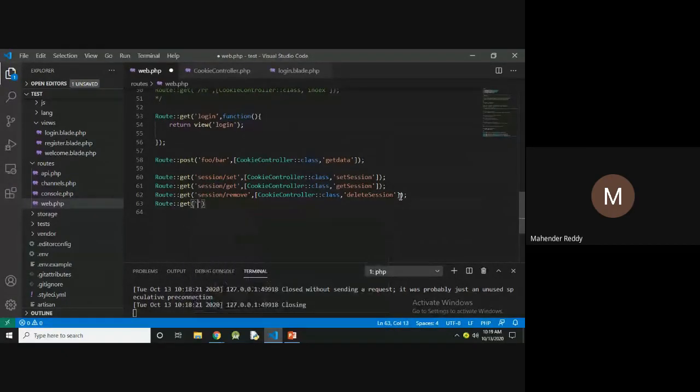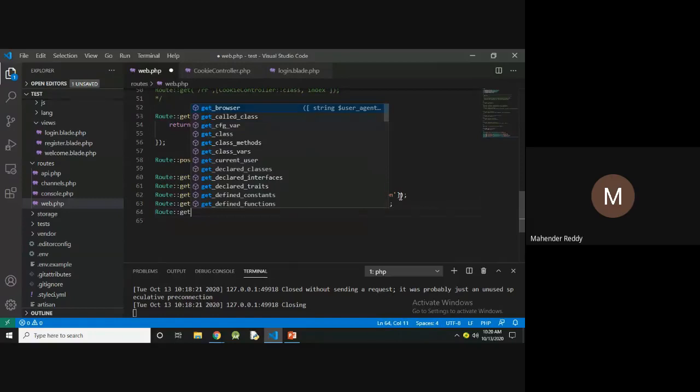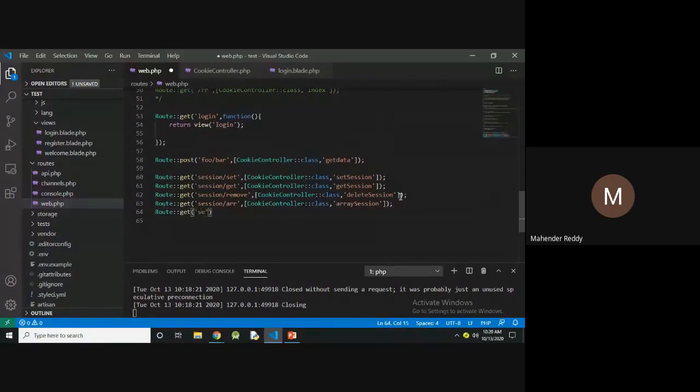Route::get session/arr, CookieController::class, createSession, and Route::get session/arr-get, CookieController::class, getSession.